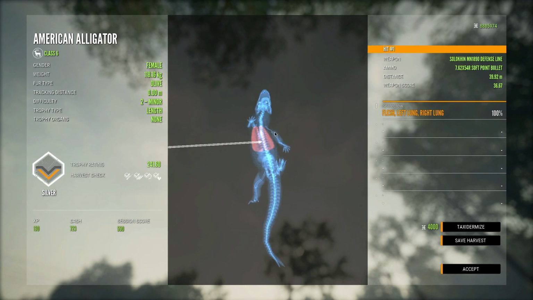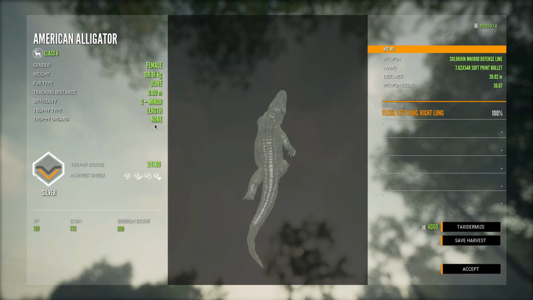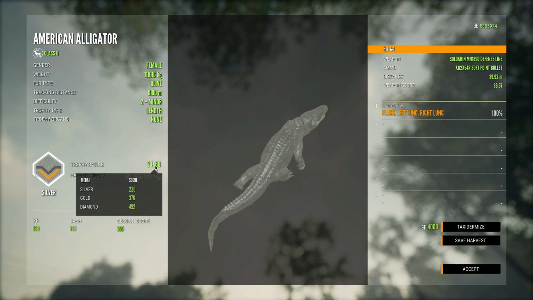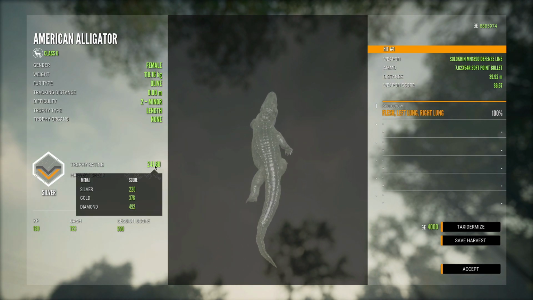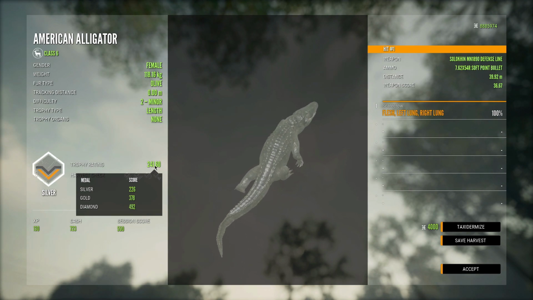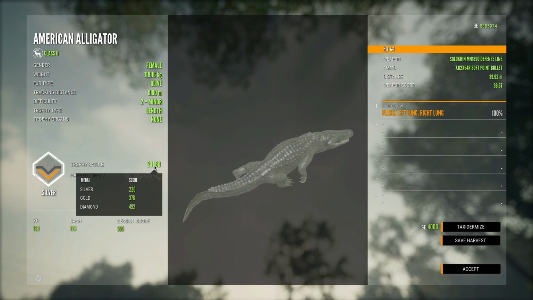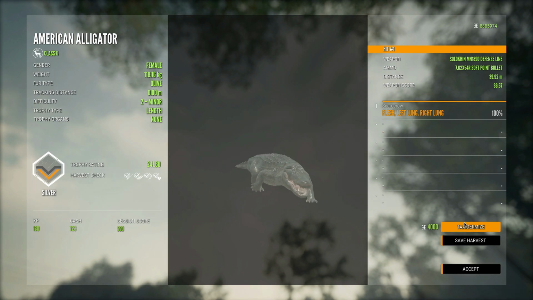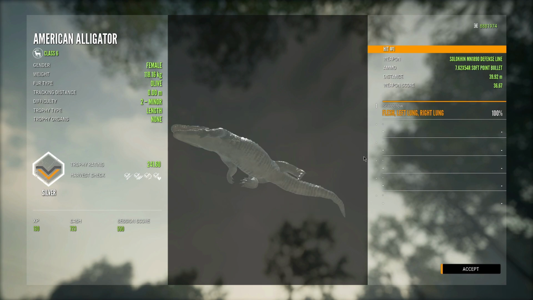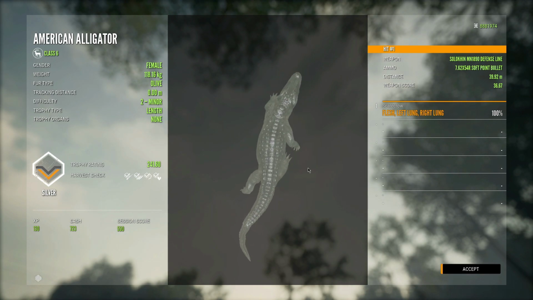Oh wow. Okay, so for the gators, we could brain shot, because they don't have a trophy organ. Oh my gosh, and length is how you actually score them. That's really good. Like, that's super good. 241.60. Diamond is 492, so gators get scored by length. That's amazing. I'm really happy about that, because that's what a lot of people were saying needed to be the